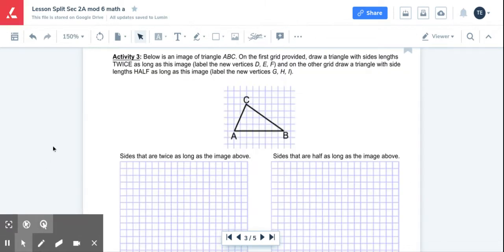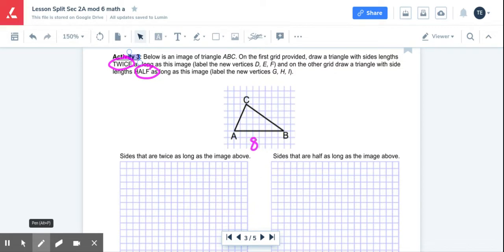All right, we did it with 2 sets of rectangles. Now we're going to switch over to a triangle, and we're going to see, hey, does that relationship still work if I change the shape? So we want to make a triangle that is twice as big. And we want to make a triangle that is half as big, twice and half. Now, when I make the triangle, I have to keep the orientation the same. So I really have to pay attention to how the bottom is split by the height. So here I know that the base is 8, but I have to look at how the altitude, the height,